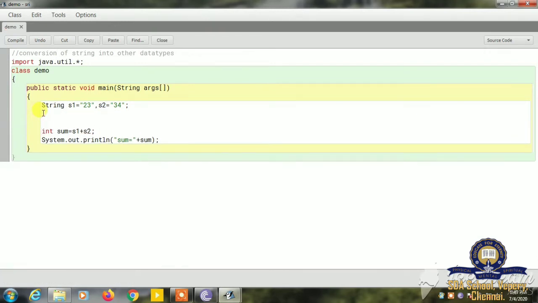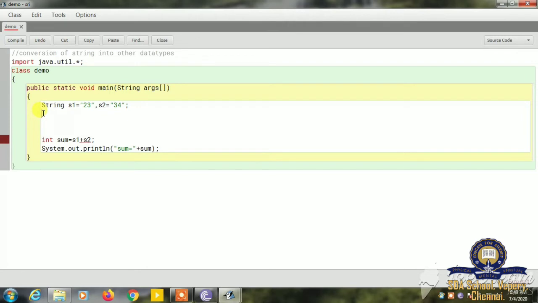Now I am going to convert the string into integer. To convert this, int a is equal to Integer.parseInt(s1). s1 is the first variable.